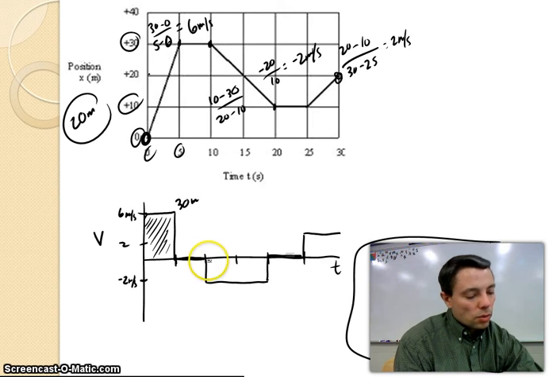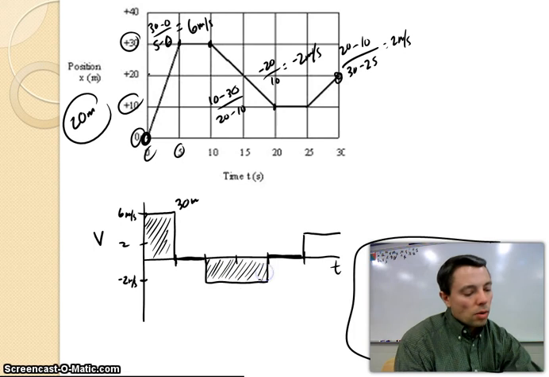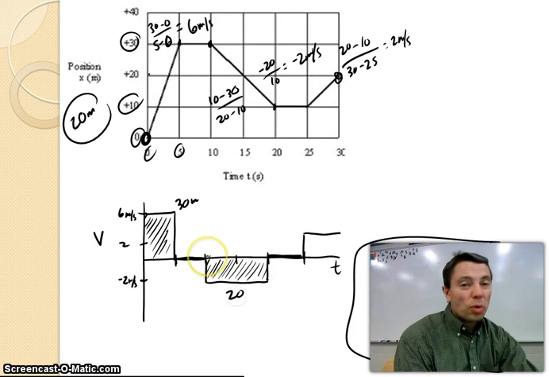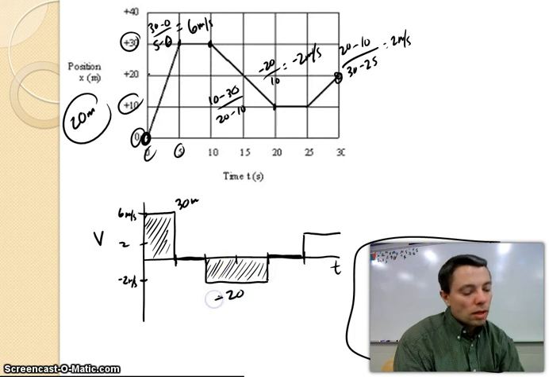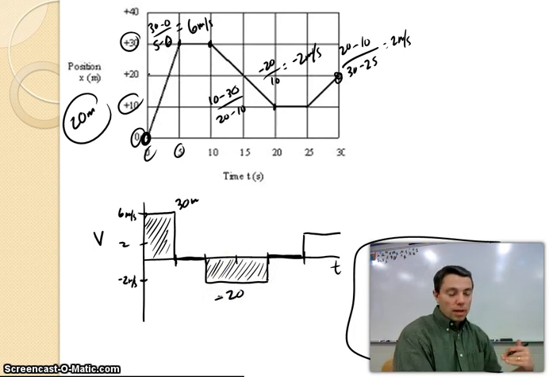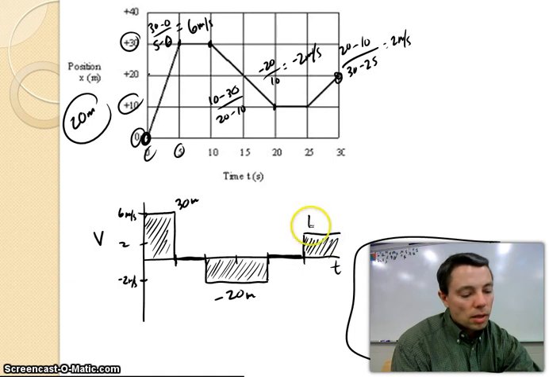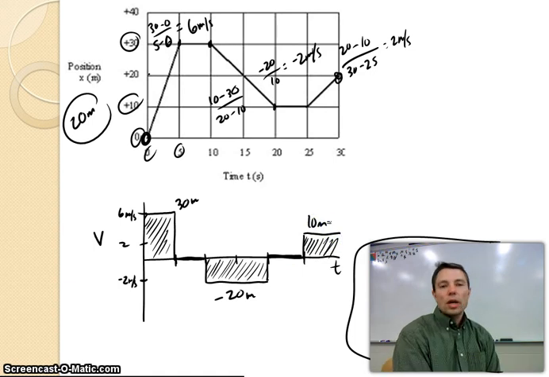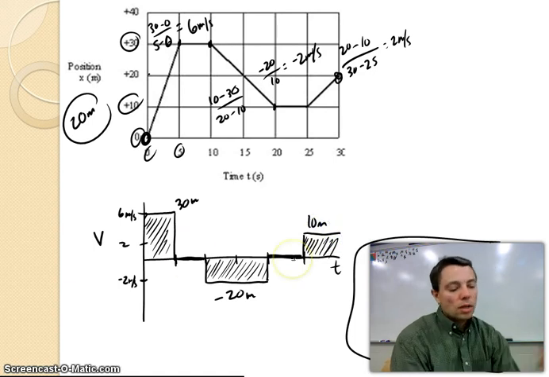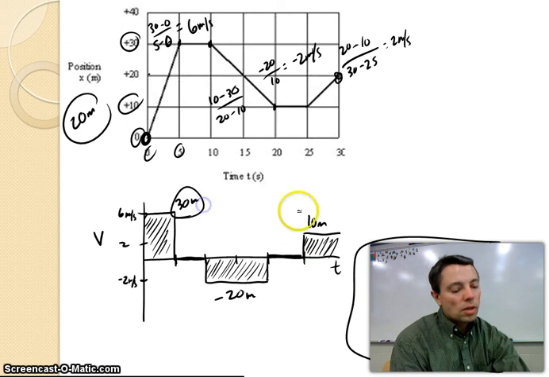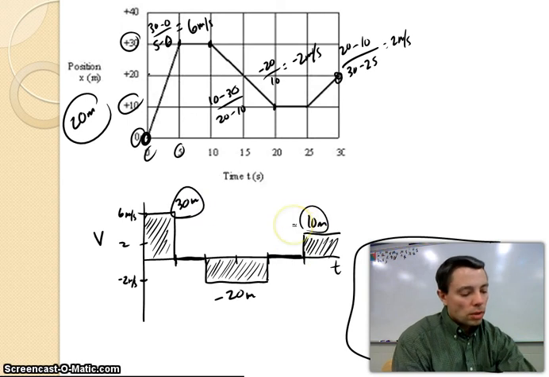This one is going to be 2 times 10, or 20, but it's below this line, which is a negative, so I'm actually moving backwards 20 meters. And then I have my last piece here, which is 2 times 5, and 2 times 5 is 10 meters. So I get 10 meters for that chunk. And these chunks didn't give me anything. So now I have 30 meters, I have 10 meters, that's 40 meters. Oh,